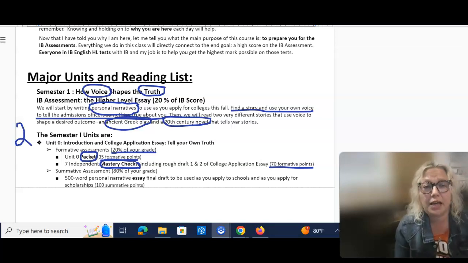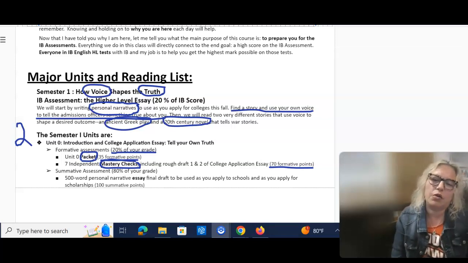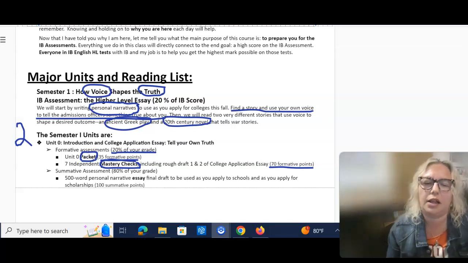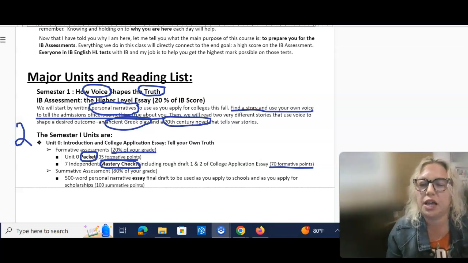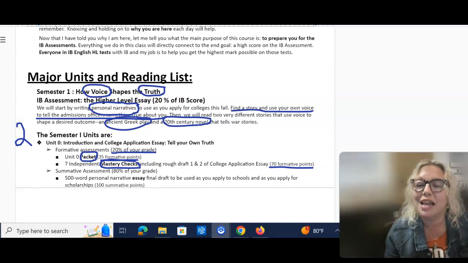The good news about the packet is that I give you extra points for doing should do's and aspire to do's in there, so you can actually earn more than 35 points, and hopefully it'll bump up your grade a lot in that way. The mastery checks are worth twice as much as the packet, and I do that on purpose because the mastery checks are really what I am assessing, and so I want to make sure that they are worth the most. Summative assessment is 80% of your grade as always, and the summative assessment for this unit